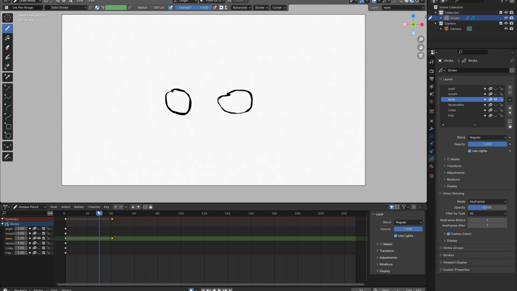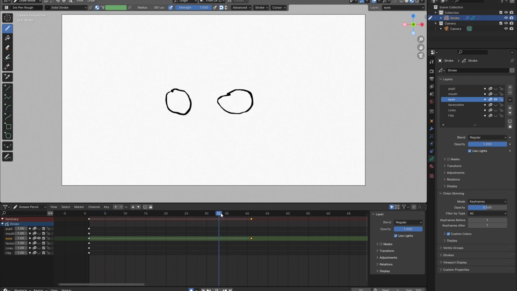If I blink in real life, it takes about 1/3 of a second, maybe less, maybe 1/10 of a second. So if I zoom in close to the timeline here and know that I'm running at 24 frames per second, then I know that on frame 1, I'm just going to run here. So if I want it to take maybe 6 frames, then I'll set another keyframe right here, just duplicating the same eye positions. And then right here in the middle, I'll just draw 2 slits for the eyes being closed. And because I have auto keyframing turned on, which is on by default in 2D animation, it'll automatically